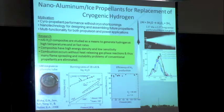molecular hydrogen. And we actually put it in a sounding rocket and did an experiment at Purdue. You can see over here is the launch stand. You'll see very quickly this small sounding rocket eventually take off. It has a very high thrust early on, so it went up. You can't see it anymore, and then the parachute opens and it comes back. So it is a successful propellant, though it's not of much use here on Earth because of needing to freeze it, but